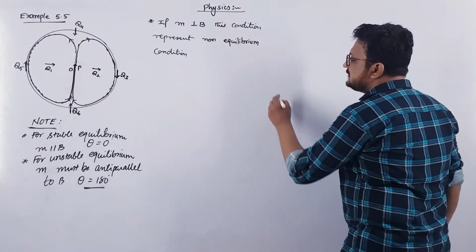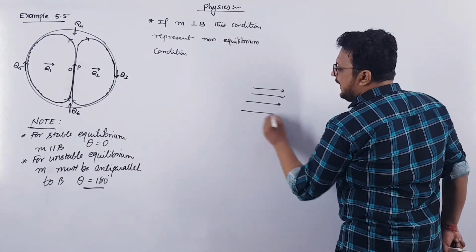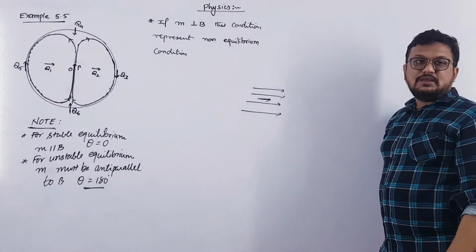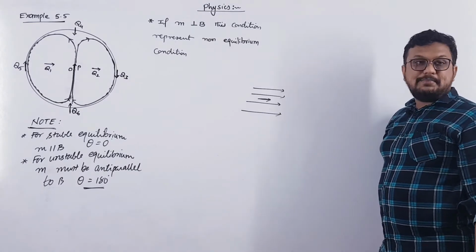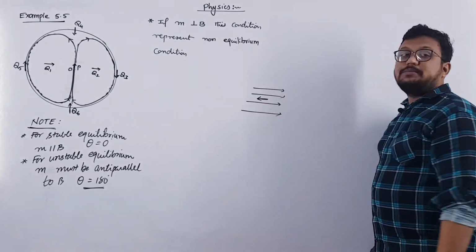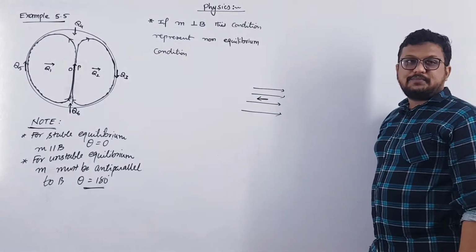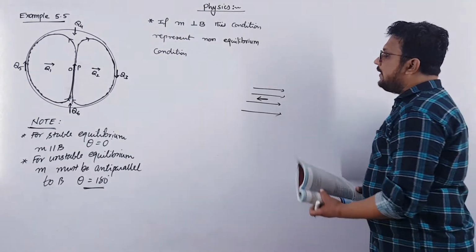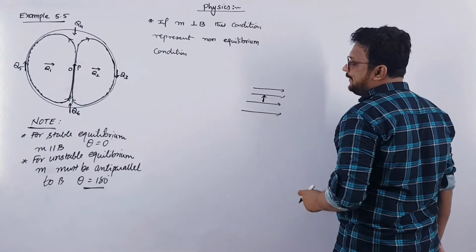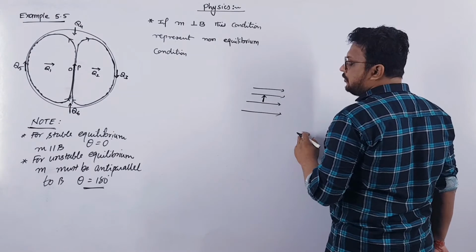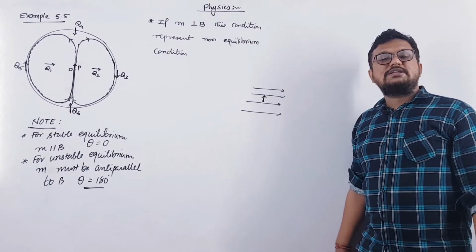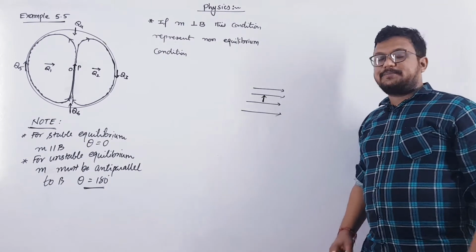Remember, we have already discussed that if this is the magnetic field and the magnetic needle is in the direction of the magnetic field, then it is the most stable position, right? And potential energy will be minus MB. But if this magnetic needle is in the opposite direction, then it is in most unstable equilibrium. And when it is perpendicular to the magnetic field, then it is not in equilibrium, the needle will rotate. In most unstable equilibrium, potential energy will be plus MB, and in most stable position, potential energy will be minus MB. Clear?